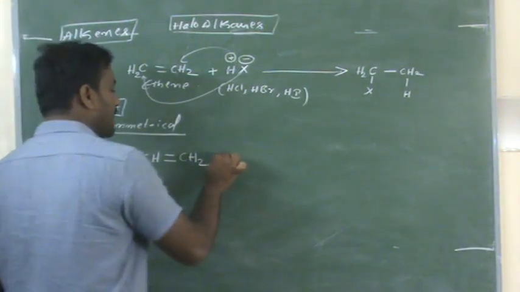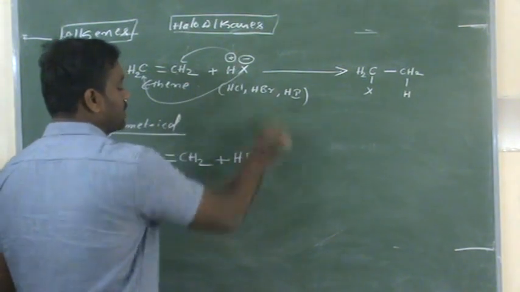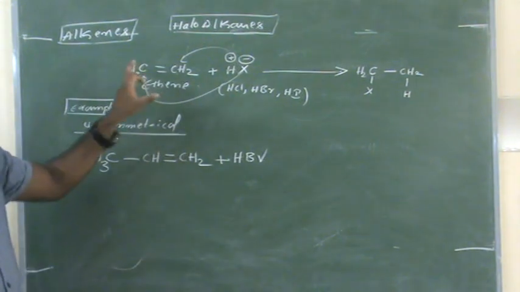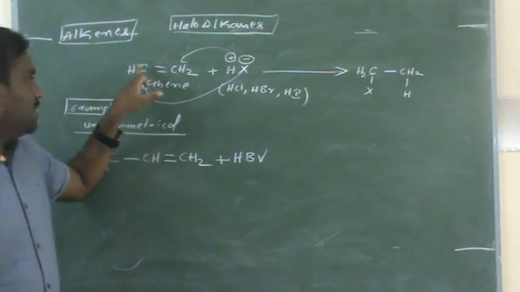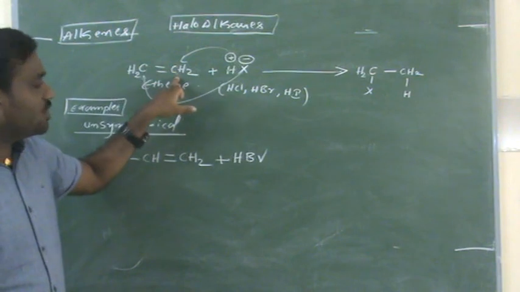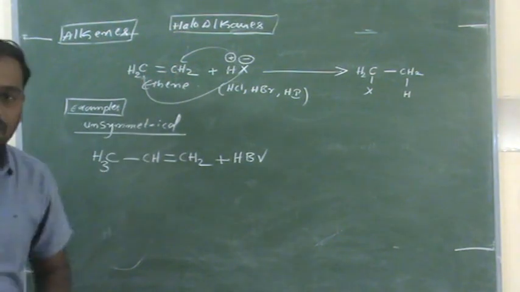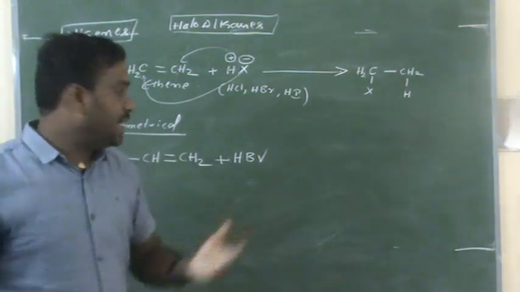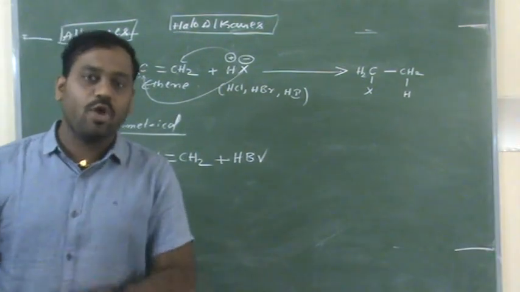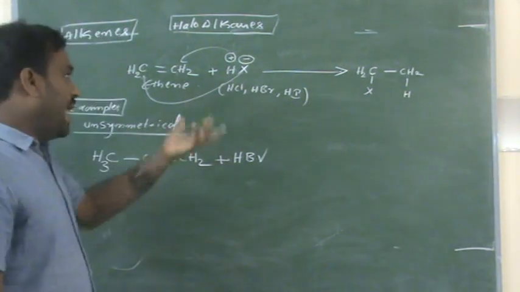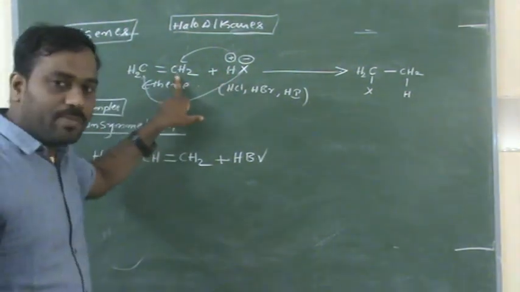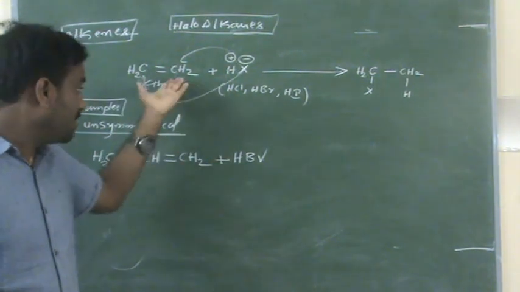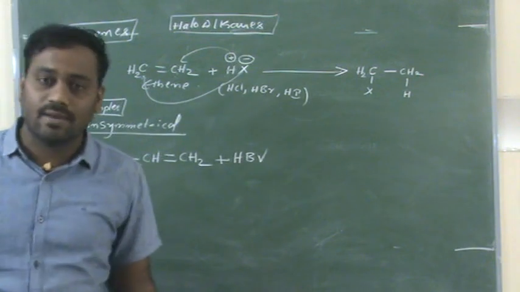For that you are adding either HBr or HCl. Then let us look here. This position is also the same and this position is also the same. Why? Because this is an unsymmetrical alkene. For unsymmetrical alkene, addition of HX is not following any rule. You may add this hydrogen to this carbon, or you can add hydrogen to this carbon, H plus. It may be this carbon or this carbon. There is no rule here.